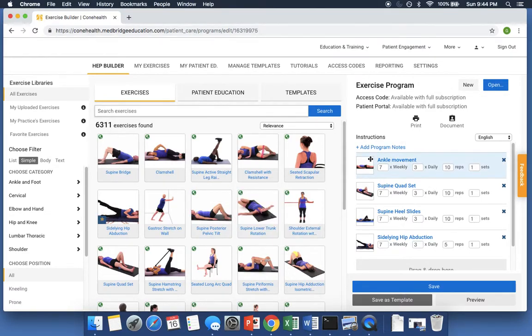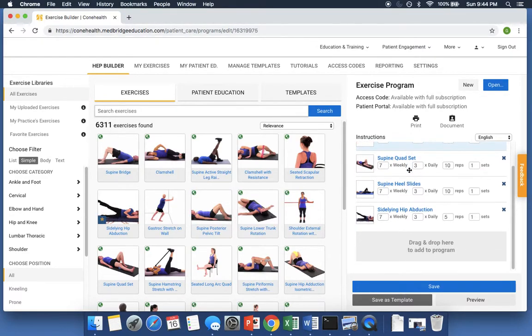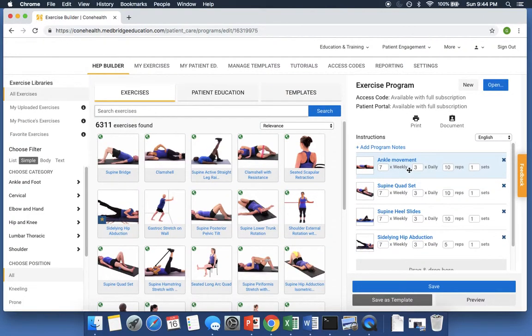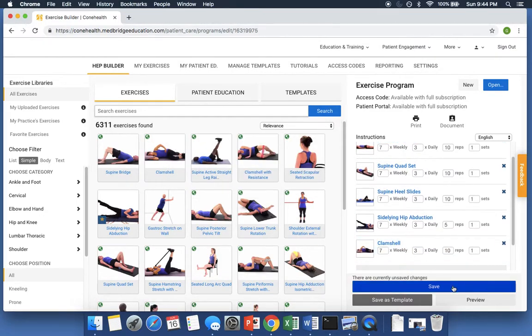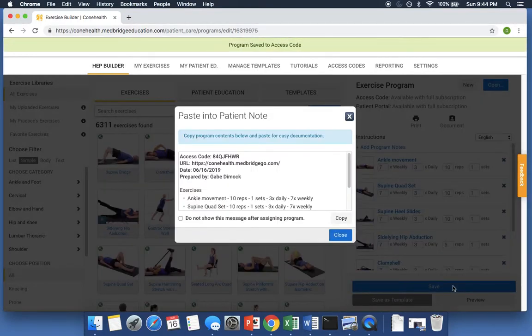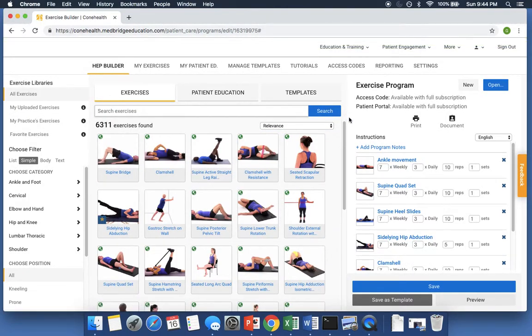So it's going to take us right back to here, and it's going to take us to the right side of the screen where we can see what they've been given. You can now adjust it or just see what they've been doing, either way you want to do it. If you want to update it, all you would do would be to add an exercise, save it, and it's still under the same access code, but then the first therapist could then see the update. So it's a way of collaborating,